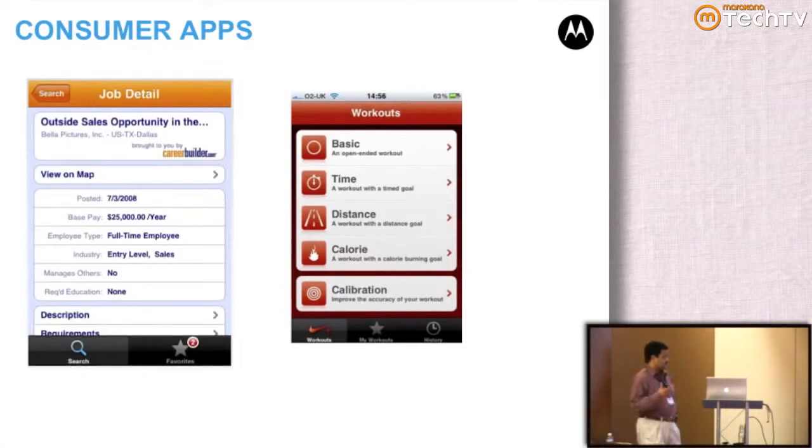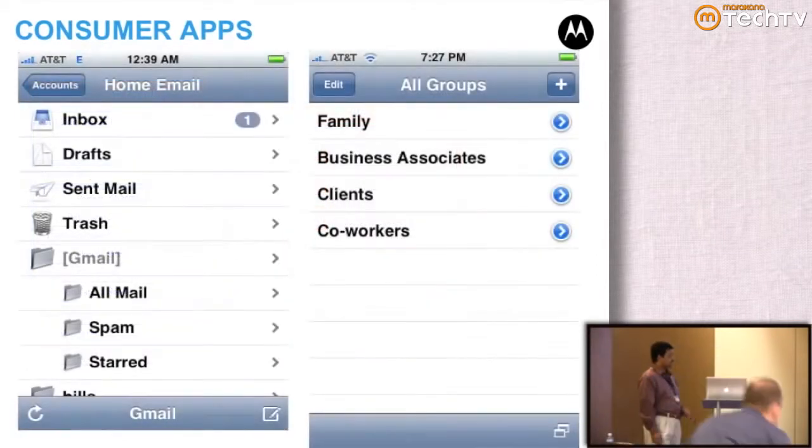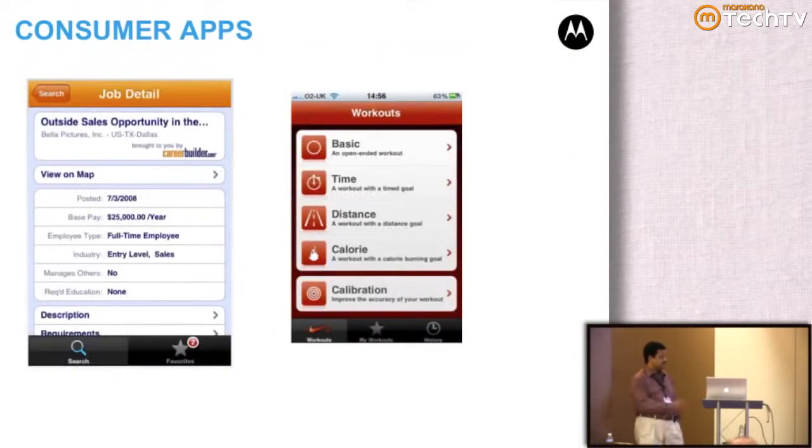They are using different colors, different icons, different logos to brand the application. Just because it is an enterprise application does not mean that it has to look plain vanilla. You can and you should be able to brand it so that your customers intuitively know that it is your company's application that they are working on.